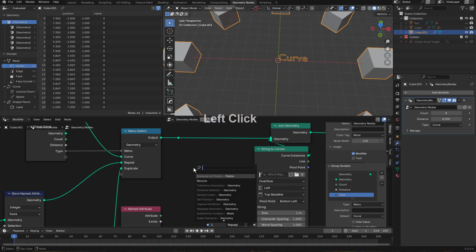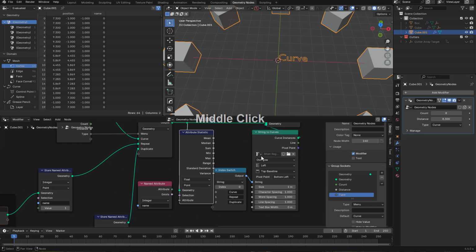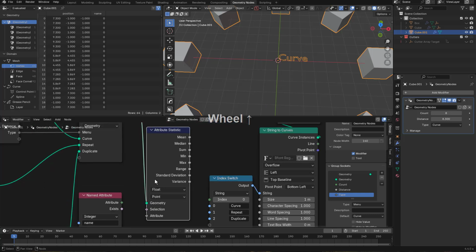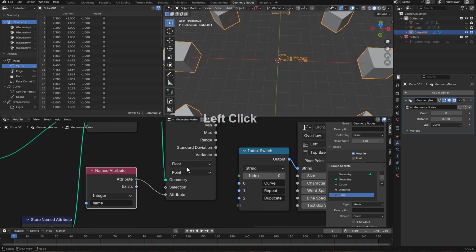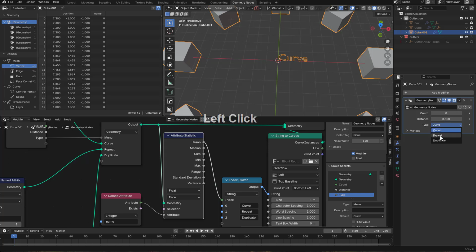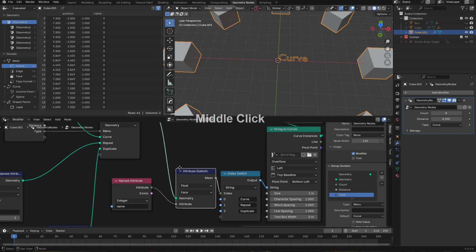So what I want to do here is get a statistic. I love attribute statistic. I mean, it's a humongous node. It's like the King Kong of nodes, right? This thing is huge, but it's so great. We'll connect the attribute and we'll just grab it from the face and we'll connect it to our me. And that should do it. So now when we change it, it jumps between the names. So basically we grabbed this attribute statistic of name from this moment in time, and then from there we're able to plug it in here. I don't know why that works, but